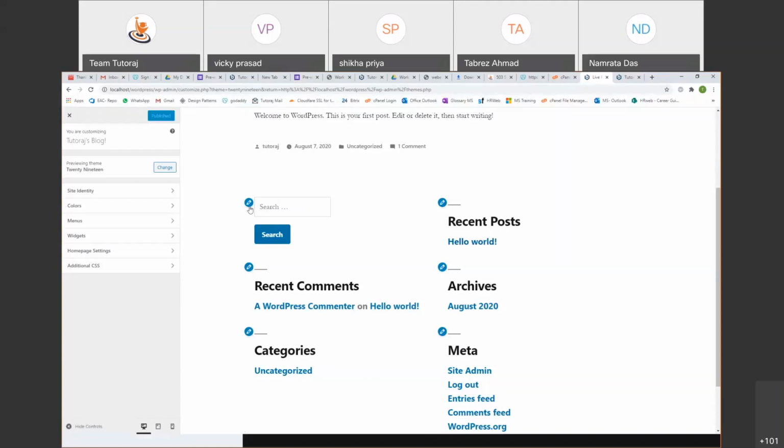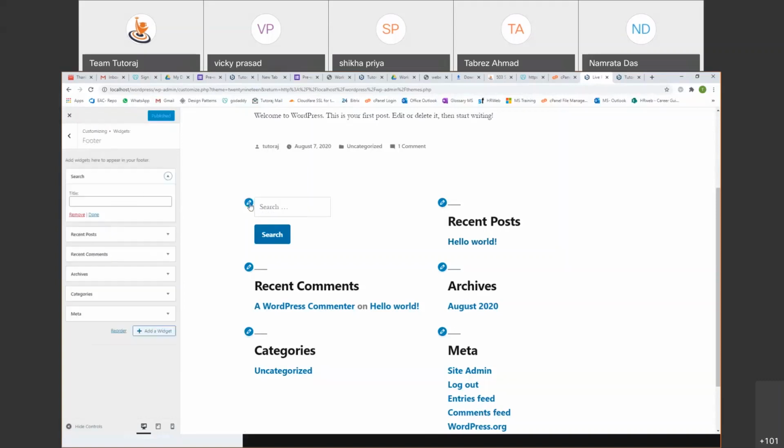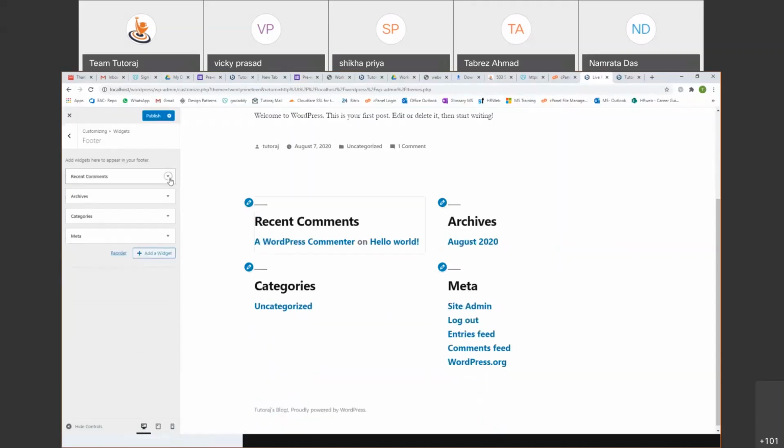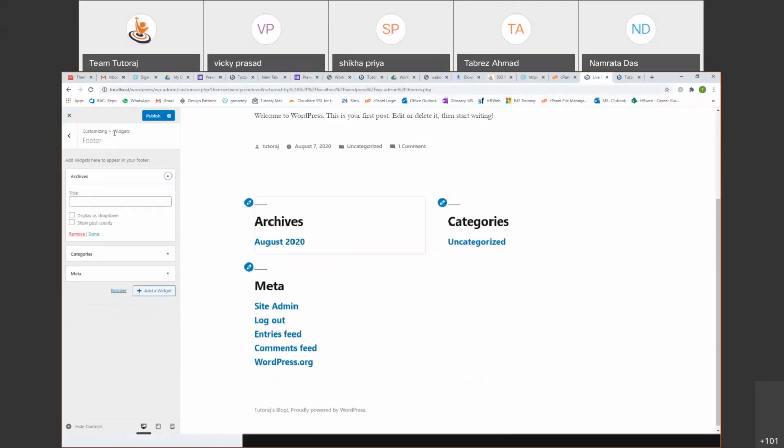Okay, let me click on this edit button here. If you follow what I'm doing, you will have this edit option here. If you just click on it, it'll open something like this. Okay. In this section, it is as simple as clicking on remove. You will have a remove button there. Just click on remove. You have to do it for all the 5 sections. Click on this arrow, click on remove. Click on this arrow, click on remove. Remove basically everything. You don't need any footer widget. Click on remove.